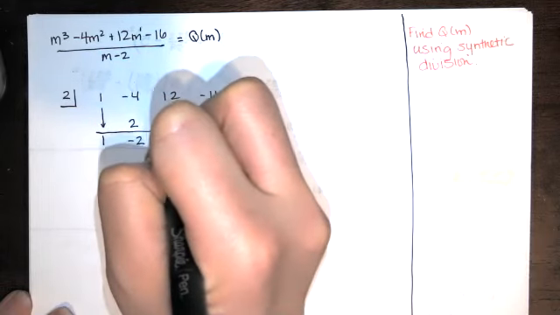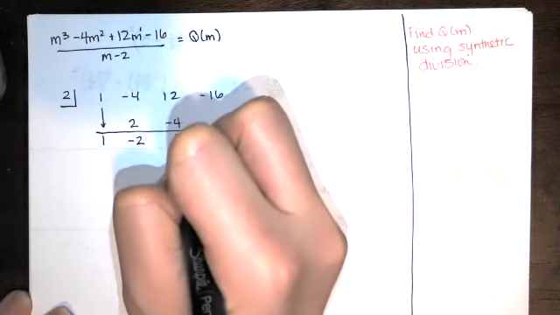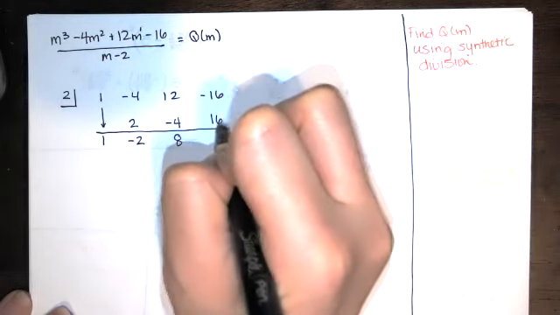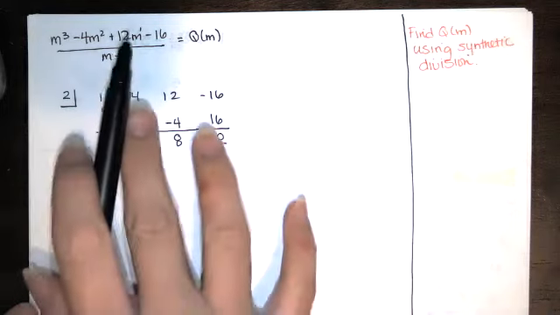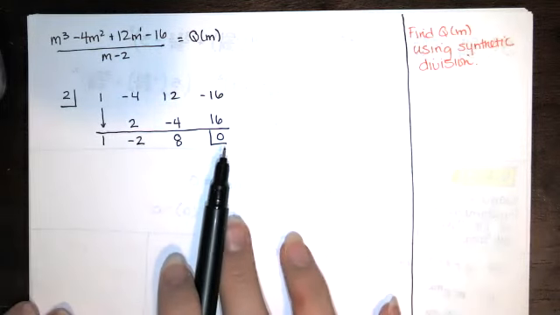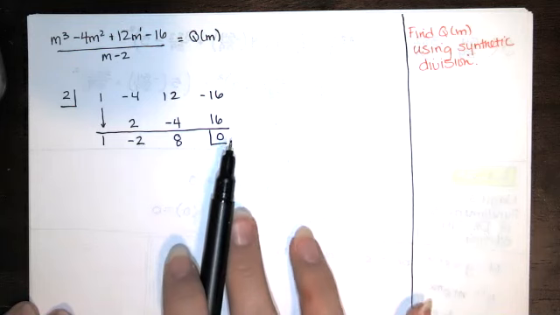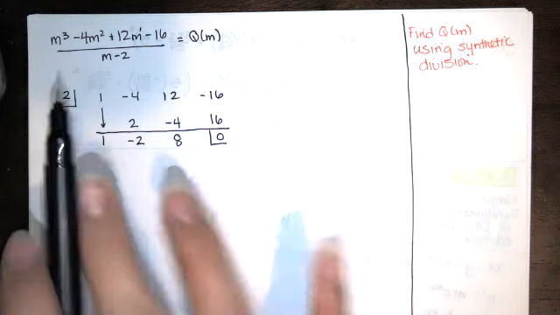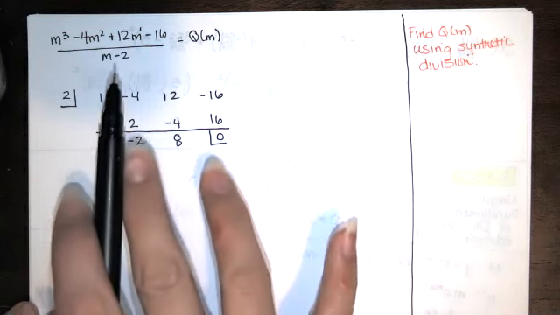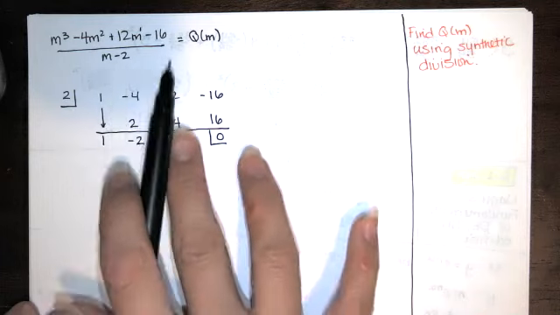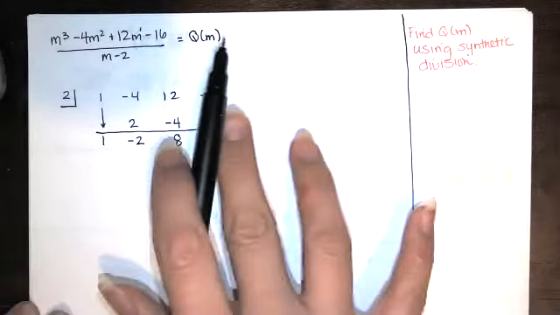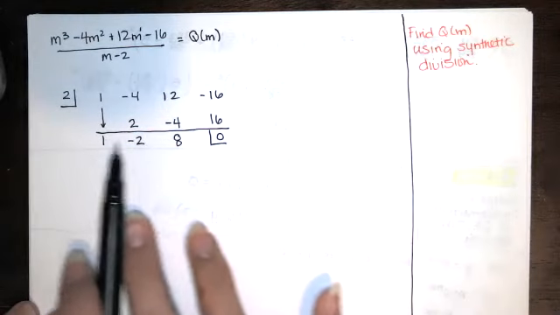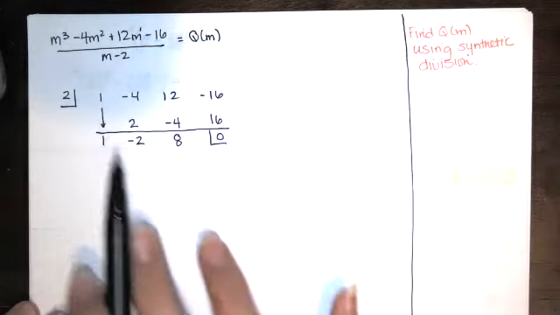Then you multiply, we get -4, and then we add. We multiply, we get 16, and then we add, and that's good. When we divide by m minus 2, the remainder should be 0. Since the remainder is 0, we know that m equals 2 is a root, and therefore m minus 2 is a factor, and the coefficients of the quadratic polynomial that is left when you divide this out